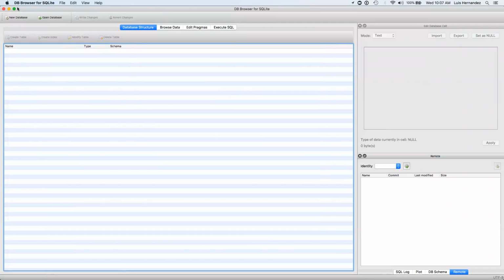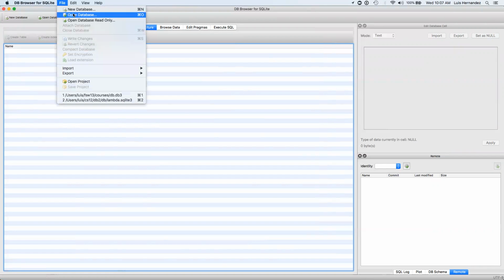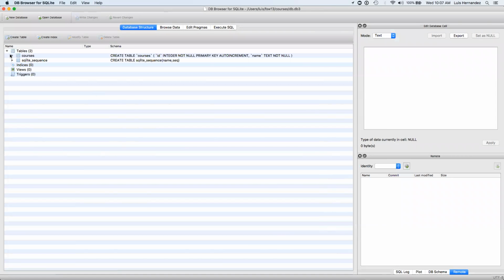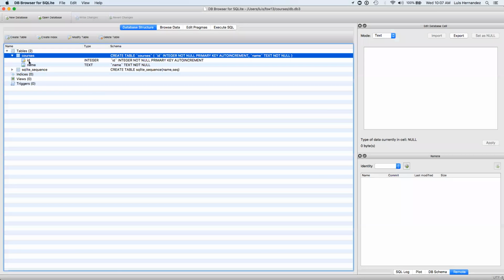So let's go open it up. I guess we should have this one right here. And remember that we have this courses table, and it's got an ID and a name. One is an integer, the other one is text. So what if,